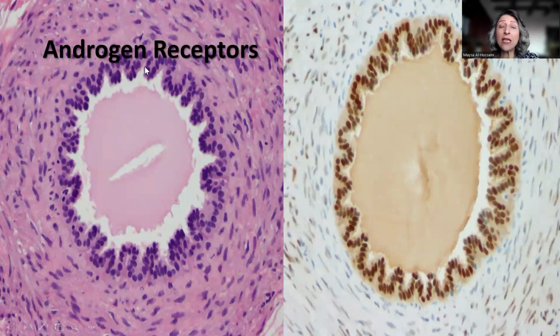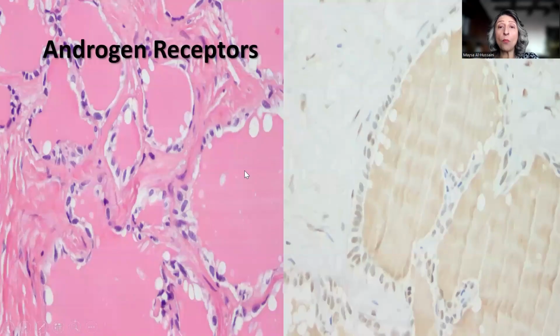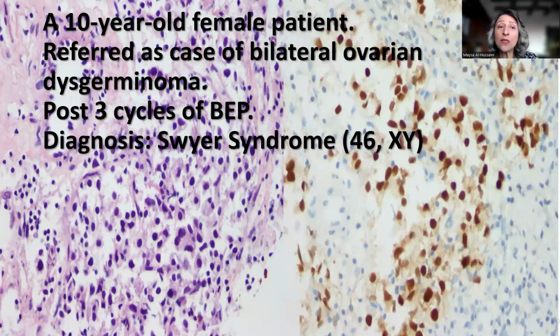This is androgen receptor, beautifully positive in the vas deferens component, as well as in what I interpreted as remnants of the rete testis. So the final diagnosis in this case came as probably suggestive of Swyer syndrome. At that stage, I contacted the pediatrician and the pediatric surgeon, and I asked for karyotyping. 10 days later, the karyotyping results